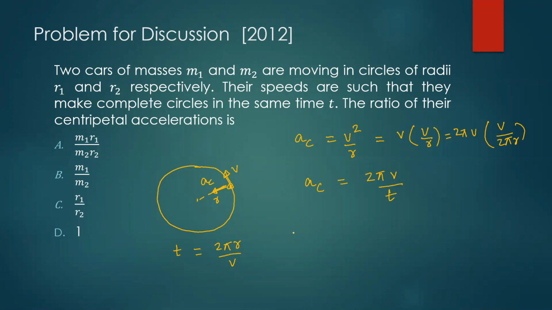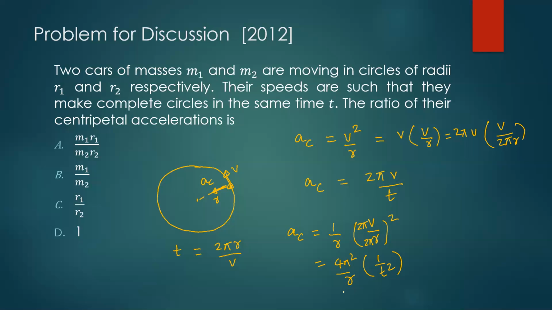Okay, so this is what I'm trying to say. If I take 1 over r as a factor, and then I can square this, so v by r whole square. Okay, so here I know if I divide by 2 pi and then multiply by 2 pi, I'm not doing anything. So I'll end up having 4 pi square by r into v by 2 pi r whole square, which is 1 over t square. Again, you don't have to write everything. If you just recognize the fact that the centripetal acceleration is inversely proportional to the radius, that is good enough.